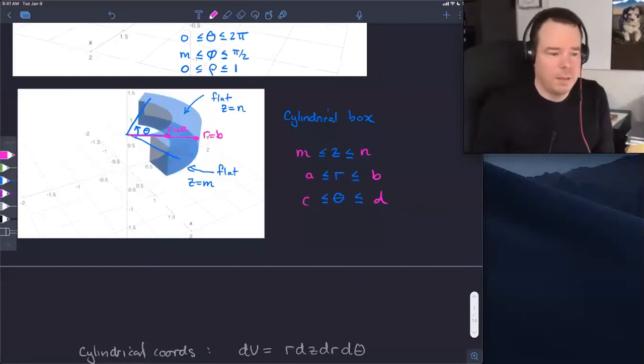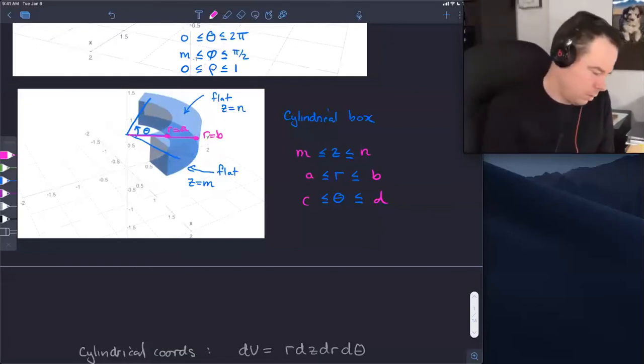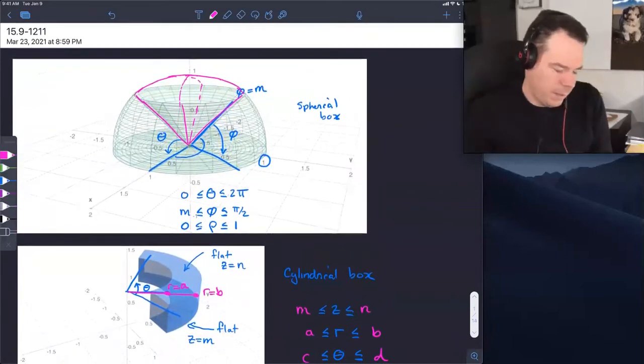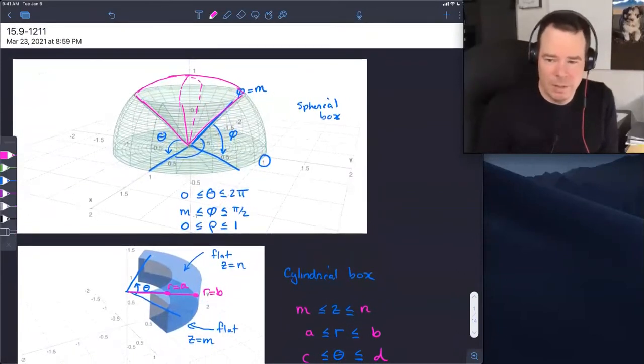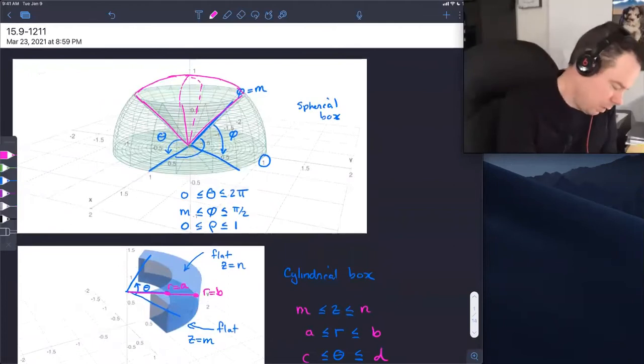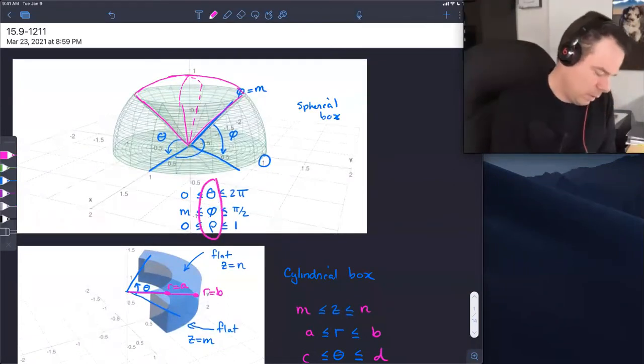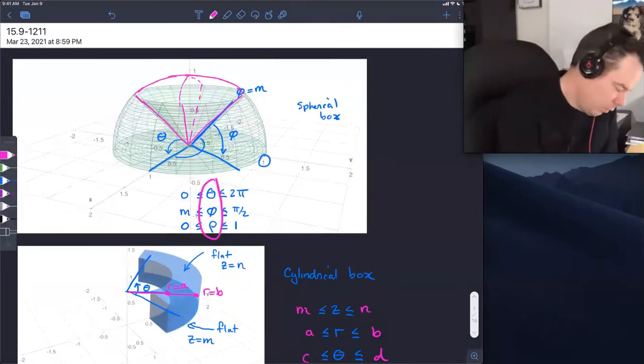Spherical in this case is switching all three coordinates. So in spherical, we no longer have x, y, or z remaining the same. We've switched all three of them to these new variables. And these new variables are going to represent